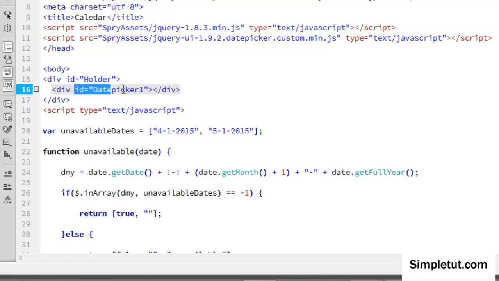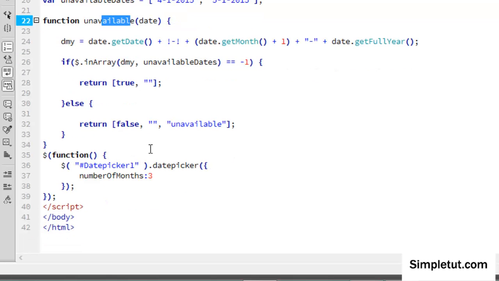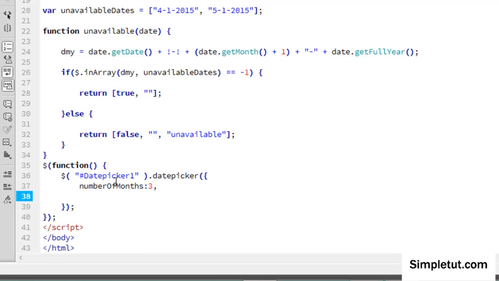It's a div tag with an ID of datepicker, and the JavaScript, everything deals with, as you can see here, it's targeting that div tag. So right now, so far, all we've done is we've set the number of months to 3, but we want to do a bit more. So I'm just going to say comma, and I'm just going to enter return because I'm just going to add to this. So I'm going to say before